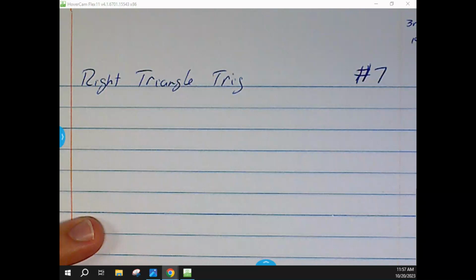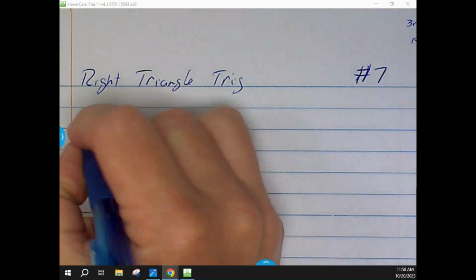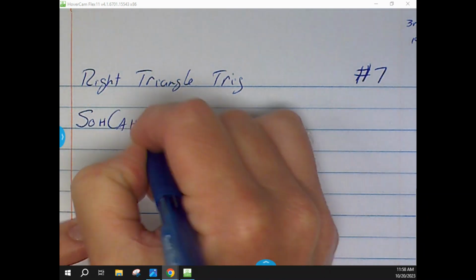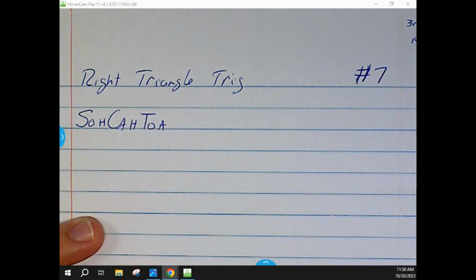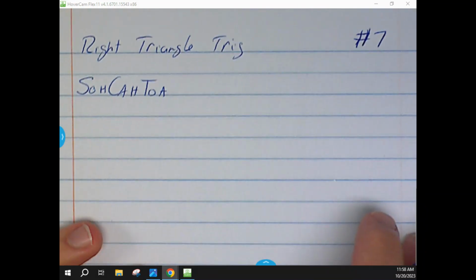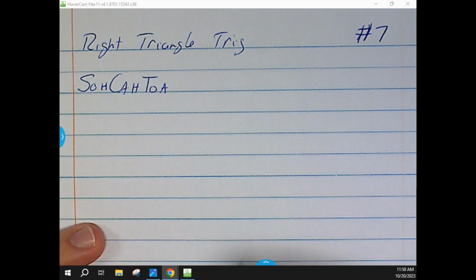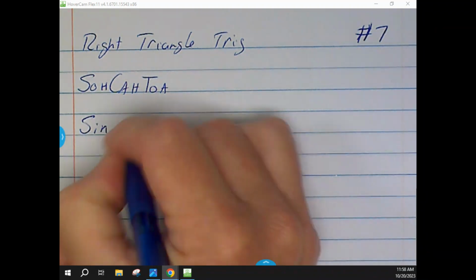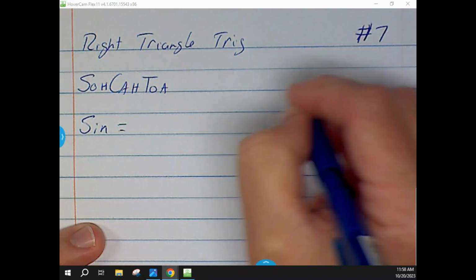Okay, so very first thing with right triangle trig, we're going to go back to, I think y'all said y'all remember this from last year. Y'all remember doing SOHCAHTOA? Hopefully. Okay, and if you do or don't remember what SOHCAHTOA is, the S in SOHCAHTOA, that's the sine part we were talking about. And if we drew a right triangle,